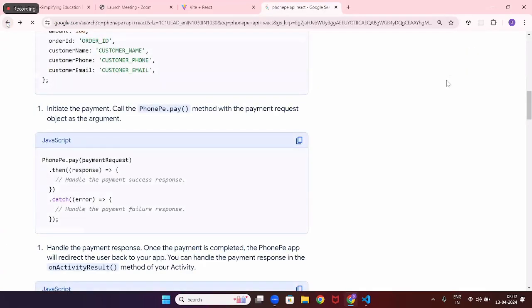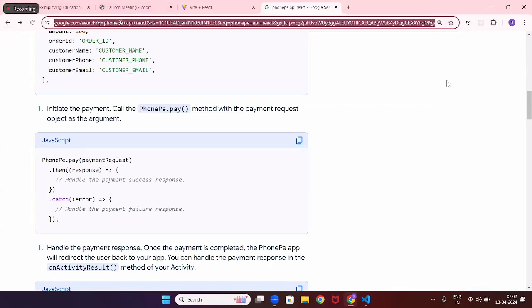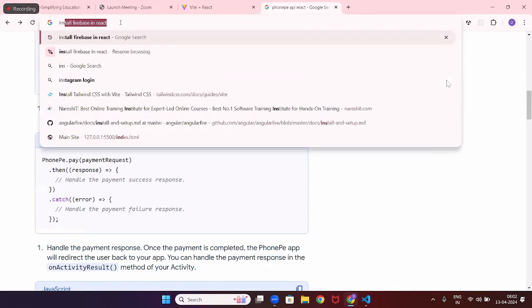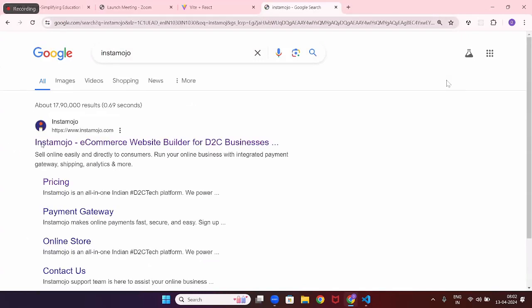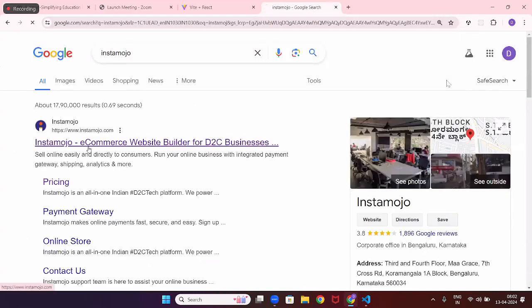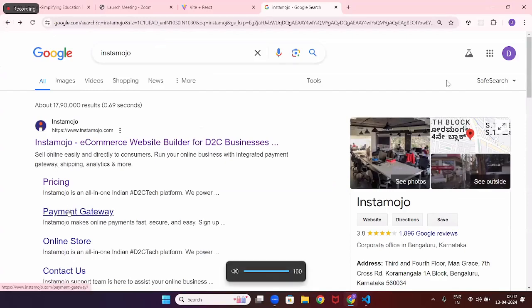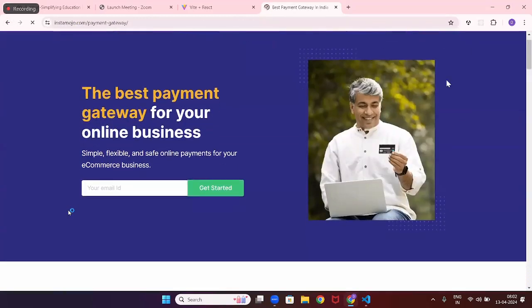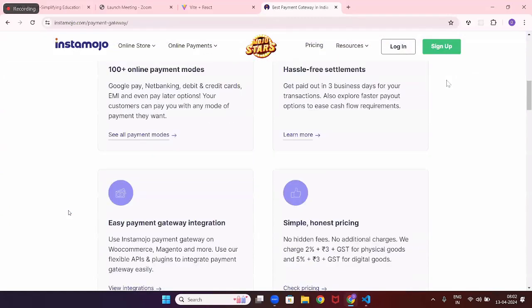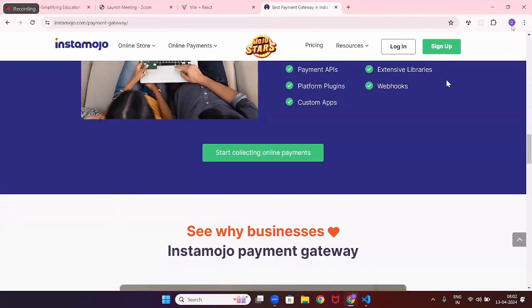Each and everything you will have. For PhonePe, for Paytm, everything, they will give API keys. Everything will be connected with the API key only. Famous ones are Razorpay or Instamojo. Instamojo also will give you a link to add a payment gateway, which is very easy to set up. Or you can use something like